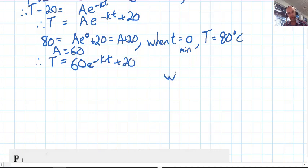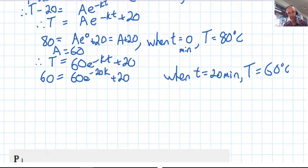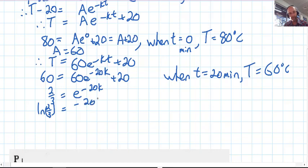Alright, now we know another bit of data is when t equals 20 minutes, the temperature equals 60 degrees Celsius. So we apply that. So we have 60 equals 60 times e to the negative k times 20, plus 20. And we've got 40. We can separate that down to 2/3, and we've got 2/3 is e to the negative 20k, and take logs both sides. Log of 2/3 equals negative 20k, and